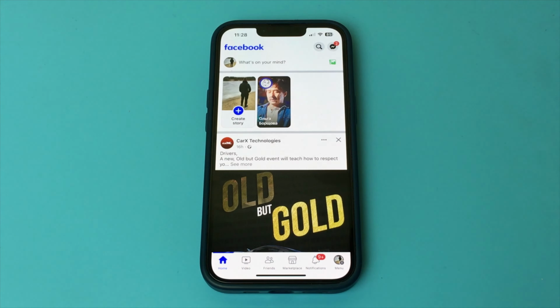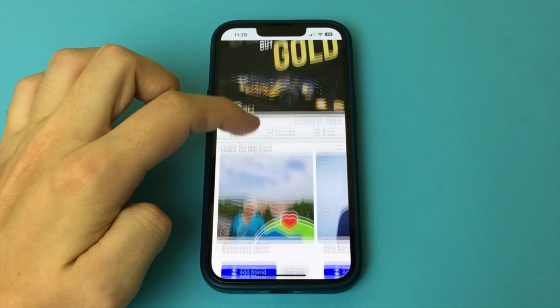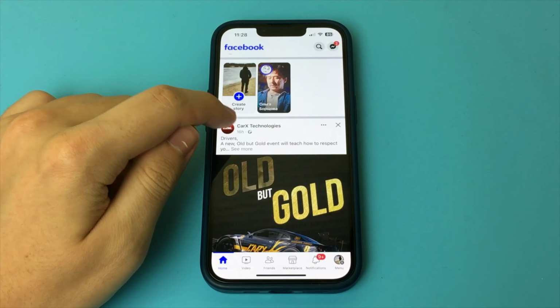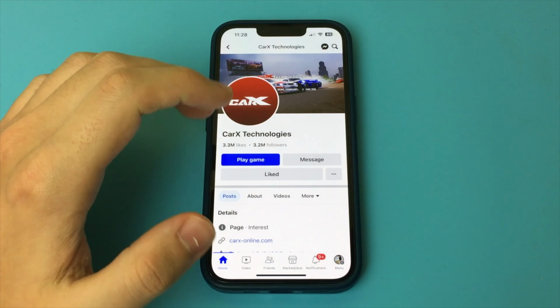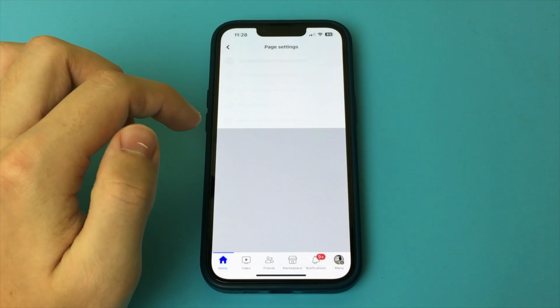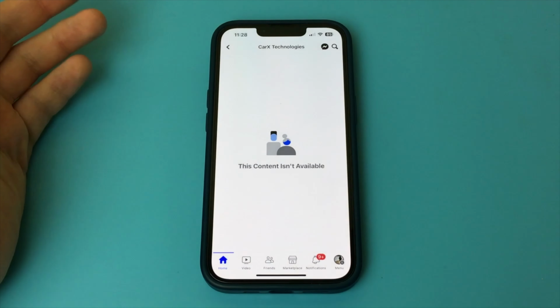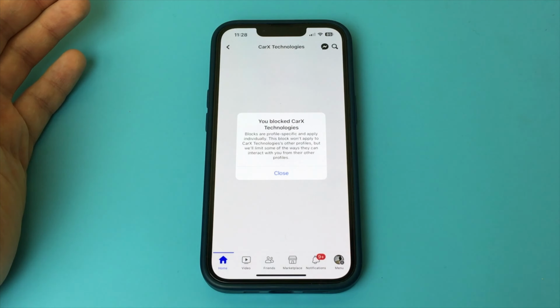Thank you. In this video, I want to show and tell you how to block anyone on Facebook. To do this, you go to the Facebook application. Then you need to click on that person's account and click on the three dots at the top of the screen. And this is where you click block. Done. Facebook has already blocked that person. Now he won't be able to view your profile or write to you.